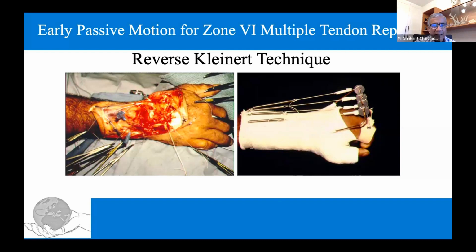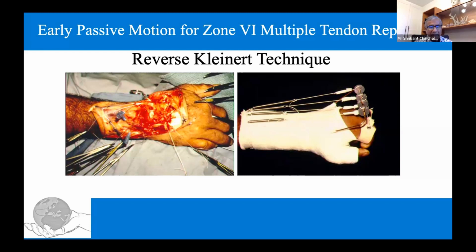So we term this as a reverse Kleinert technique because the whole management is based on Kleinert principle. When you perform resisted flexion, especially when the extensors are repaired, the extensors synergistically relax. So this is relating to the extensor tendon management, whereas true Kleinert principle meant that when you perform resisted extension, your flexors, those which are repaired, synergistically relax, and therefore allowing this amount of motion with controlled mobilization in